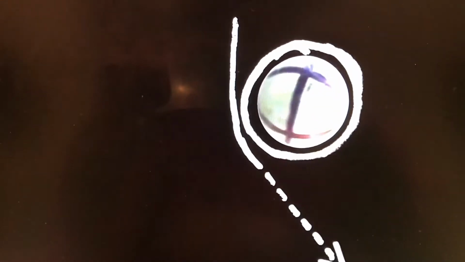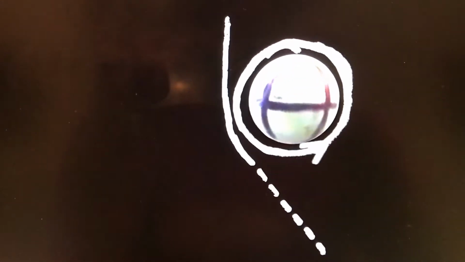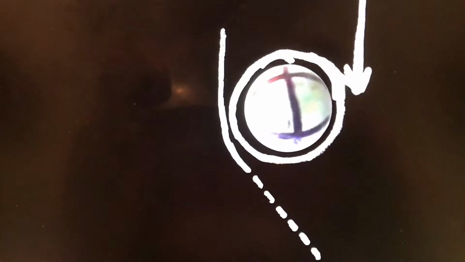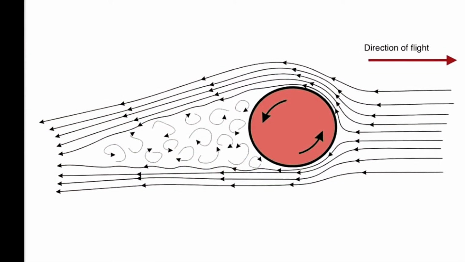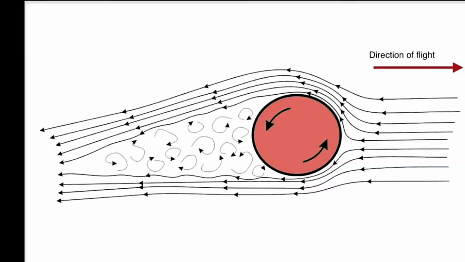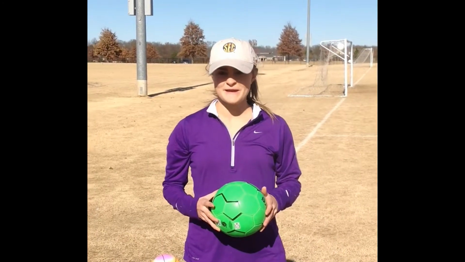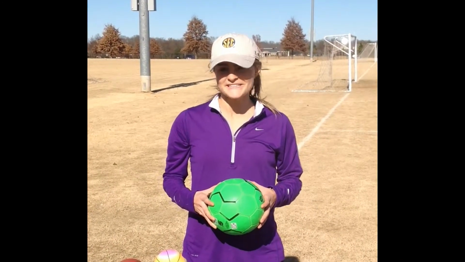On the opposite side of the ball, airflow moves in the opposite direction as the spin. This air cannot move around the ball, so it separates and decelerates, creating an area of high pressure. The difference in pressure creates the Magnus force that causes the ball to move from high pressure to low and creates this curved trajectory. Now that we've explained the basics of the Magnus effect, we're going to conduct an experiment